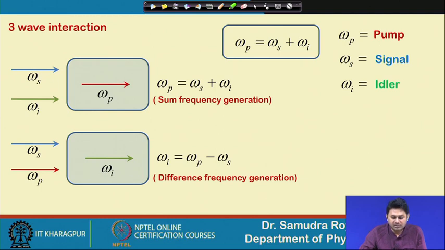And finally, we find that three-wave mixing is something which we can also do in the next class. So far we have been dealing with sum and difference frequency generation, but today we found how we can do this sum and difference frequency generation using this new kind of nomenclature, namely pump, signal and idler. So, with this note I would like to conclude my class here.